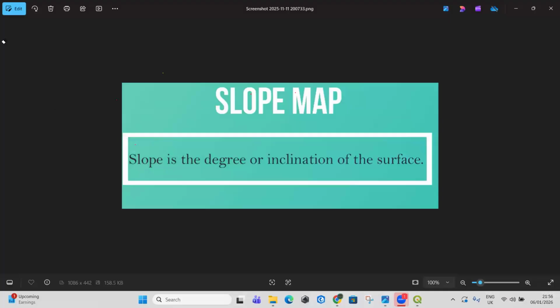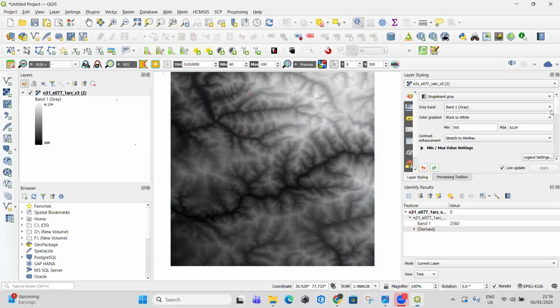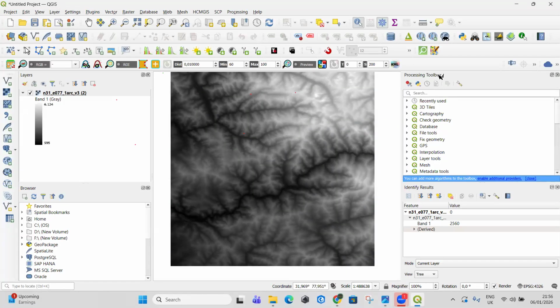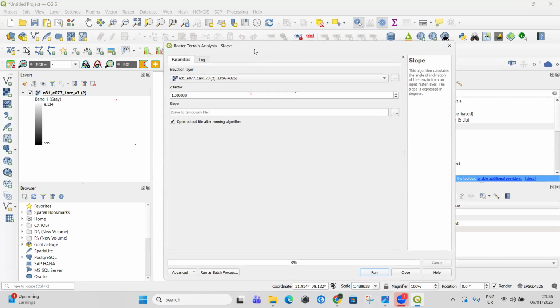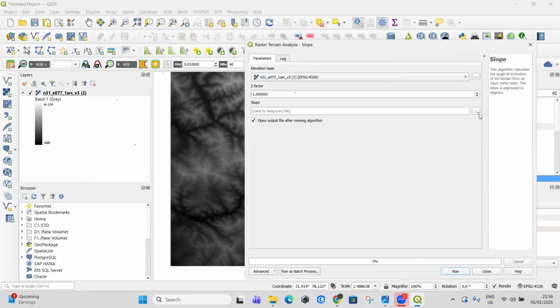Now, to calculate this slope, you first need a DEM. You can simply go to your processing toolbox and look for slope. Okay. So in the raster terrain analysis, you will find slope. Double click it. If you want to save it to your computer, you can save it, right? So once you run,